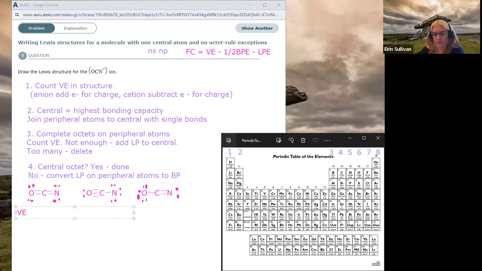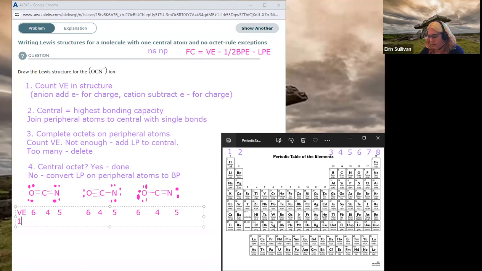So the valence electrons of oxygen is 6, carbon is 4, nitrogen is 5. So we'll just go all the way along here: 6, 4, 5, 6, 4, 5. Okay, so then for each of these bonding environments, we are going to decide